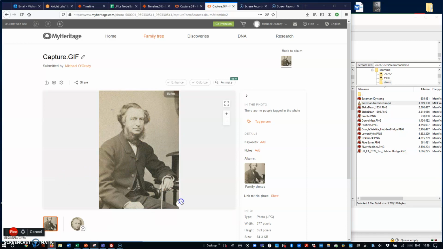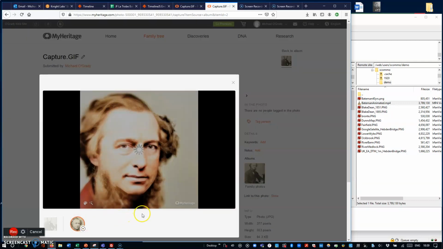I've blown it up quite considerably, and I've enhanced it and I've colorized it. The colorization is not brilliant on this because his black suit has gone a little bit shiny, but the face is quite good. So if we want to view the animation,